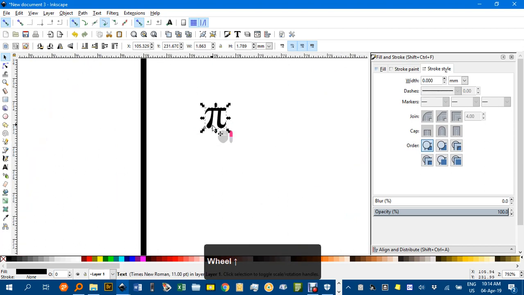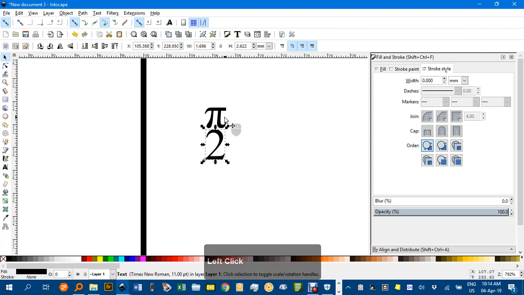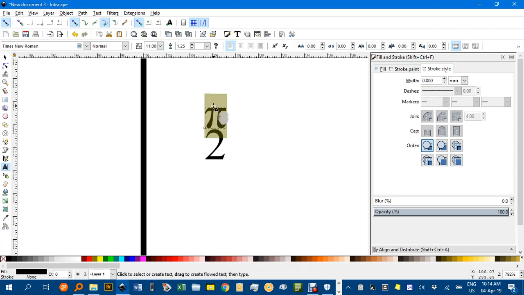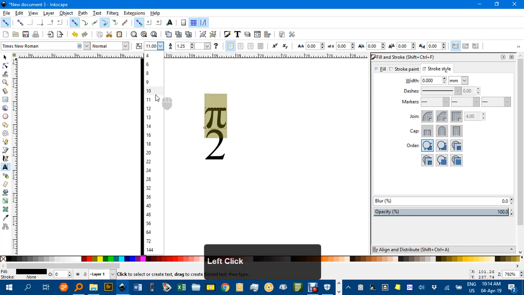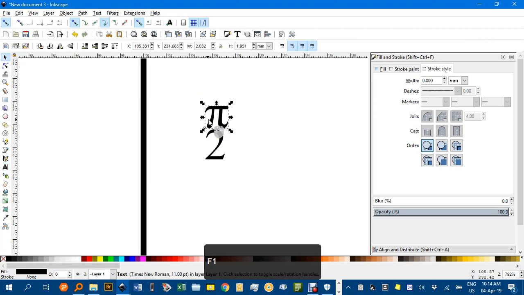Now I'll Control D to duplicate that. Text T for text tool and change that into, say, a 2, pi and 2. The 2 looks a bit big compared to the pi, so I'm using 11 point Times New Roman, so maybe the pi, if I click T for text tool, highlight it. We don't have to highlight it as long as it's in that text box. Change it to 12 point. It looks slightly better. F1 select tool,